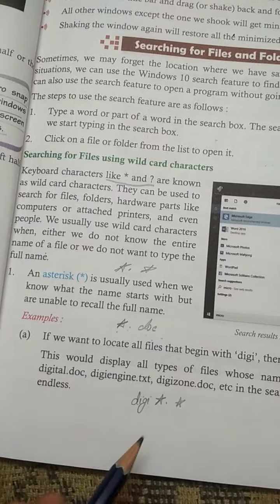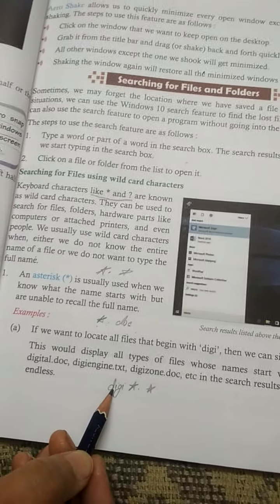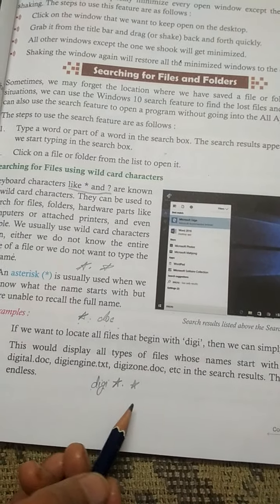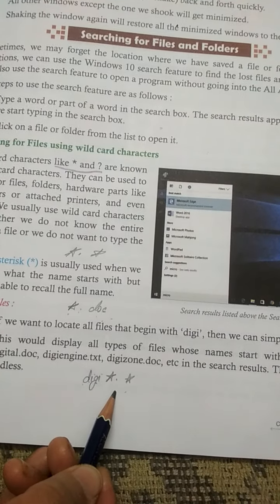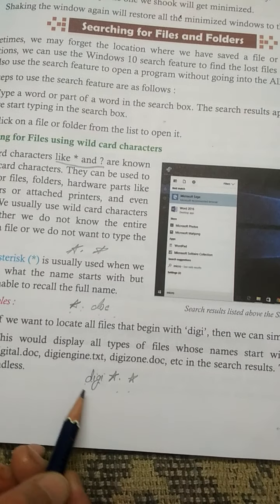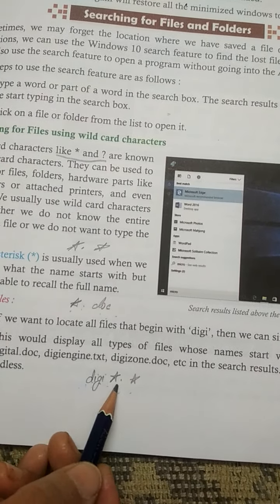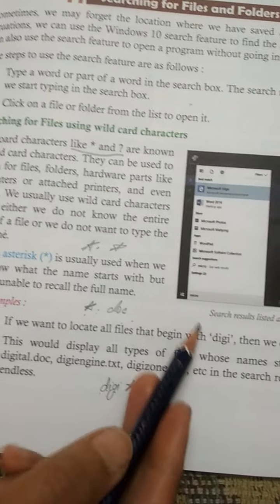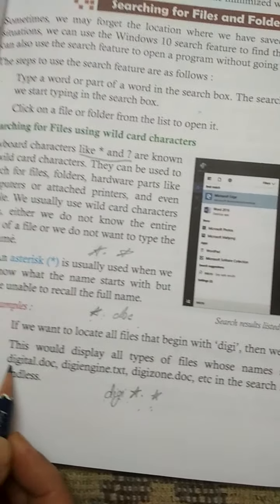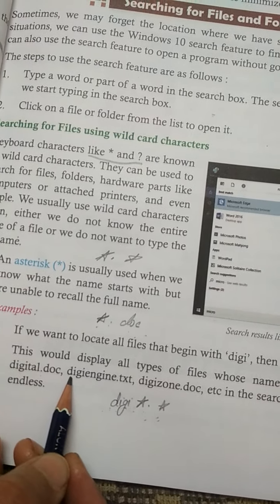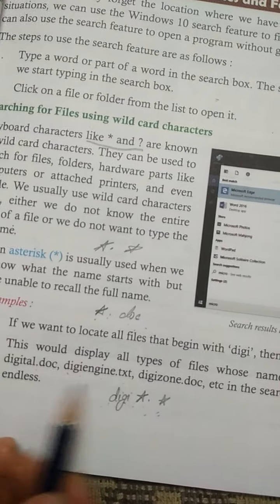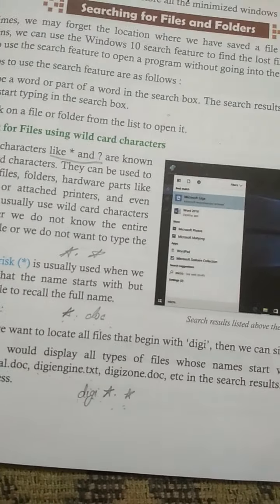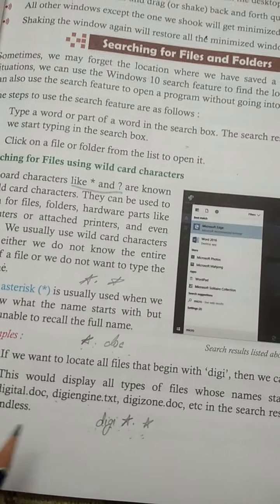If we know our file name starts with DIGI, but we don't know the extension and the rest of the letters, we type DIGI asterisk dot asterisk. Then Windows shows all types of files, digital.doc, digiengines.txt, whatever files are saved in your computer.